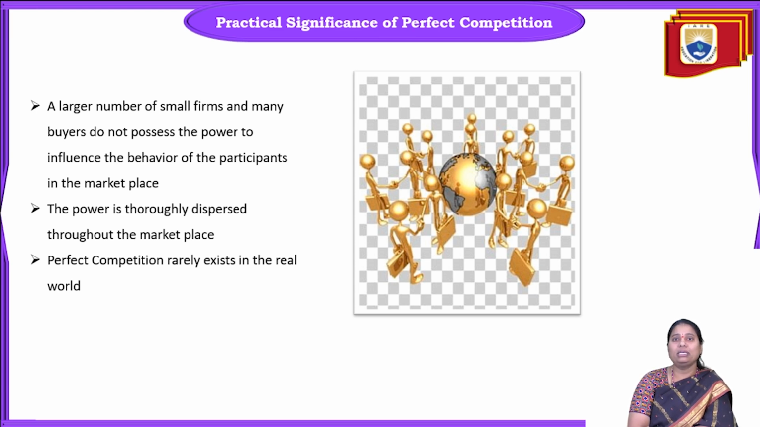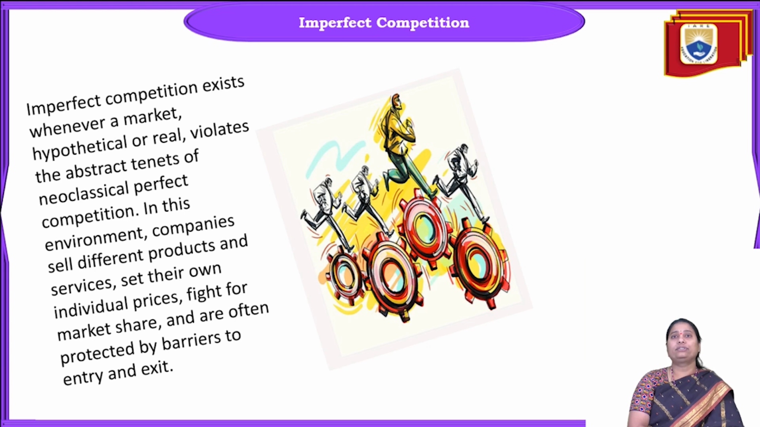But the practical significance is that a larger number of small firms and many buyers do not possess the power to influence the behavior of the participants in the marketplace. So that's why the power thoroughly disappears. A new participant might be introduced, and this power in perfect competition will change, leading to imperfect competition markets. Whenever a market violates the abstract tenets of neoclassical perfect competition, with an imbalance between buyers and sellers,